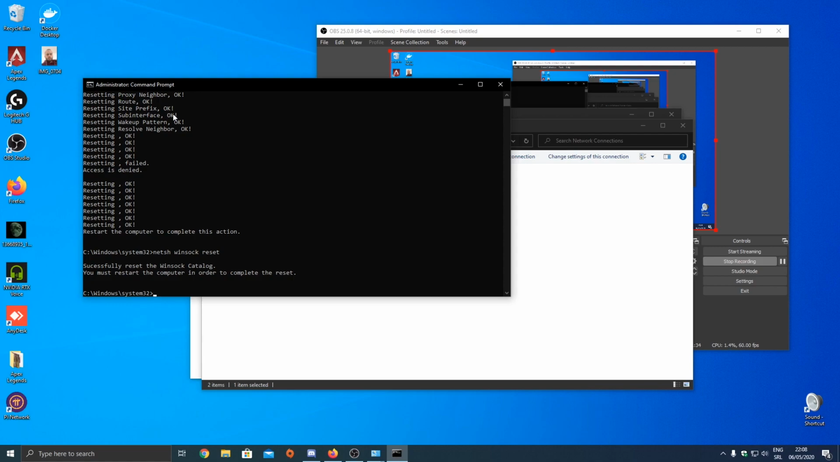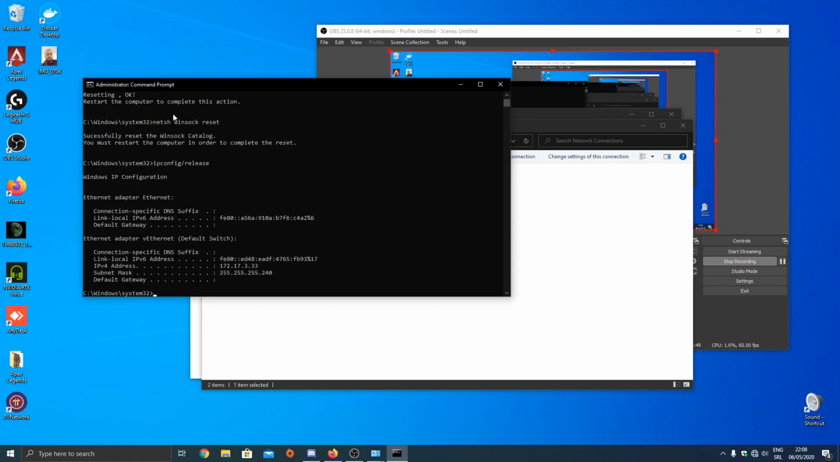then type ipconfig /release, press enter, then type ipconfig